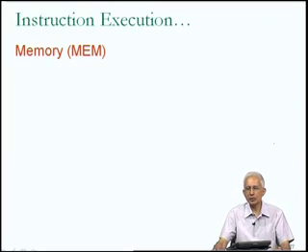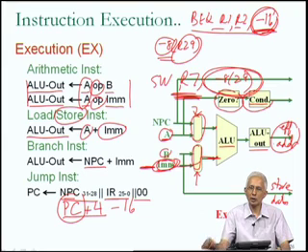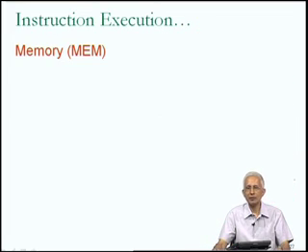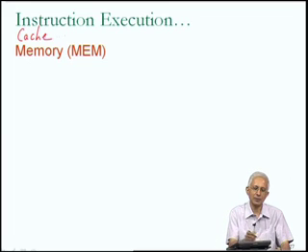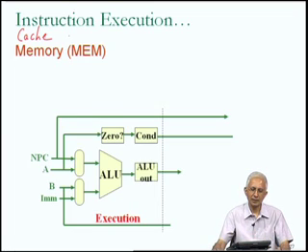In the case of the load and store instructions, in the previous stage of execution we had talked about generating the effective address, in other words adding the base register value to the displacement, and getting the store data in the case of a store instruction. There was an additional cycle of work associated with load instructions in particular, and we will therefore separate them out into another formal stage in instruction execution which relates to the memory or cache memory, and I will refer to this stage as the MEM stage. What has to happen in this stage? In this stage, the work which had been done in the previous stage, in other words that of calculating the effective address and of giving the store data value,